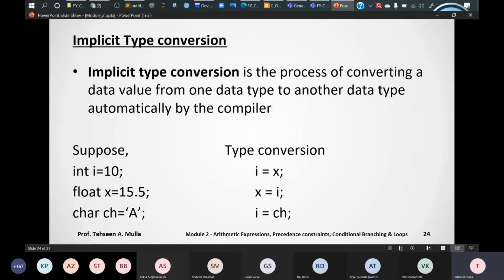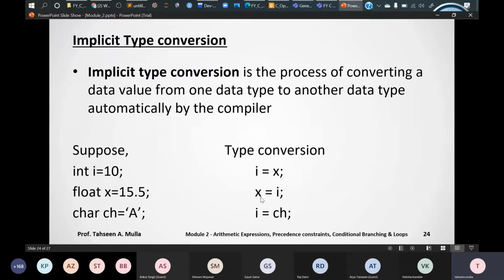There is no loss of precision in this type of conversion, because my data type conversion output will be 2.0. I'm applying a decimal point over there. So 2 and 2.0 will just define what type of data type you are going to use. It will not affect the actual value, right? So if I'm going to use int i equal to 10 and I'll put x equal to i, so what is x now? x is float. So my actual value here will be 10.0, right?